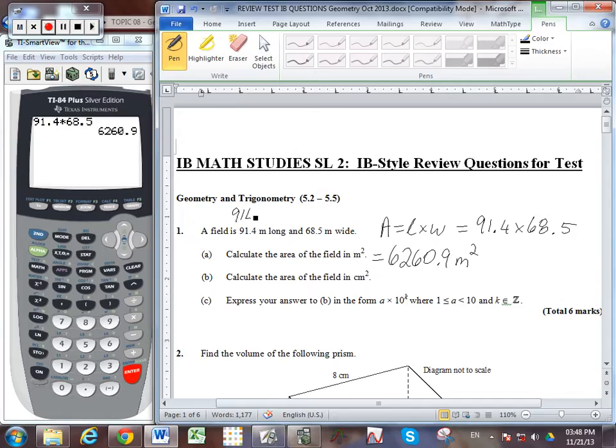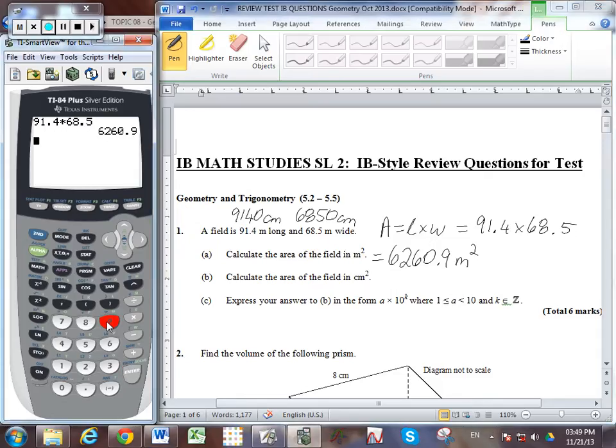This would be 9,140 centimeters. And this would be 6,850 centimeters, because of course we multiply by 100. So that would be one approach, is that we could take 9,140 and multiply it by 6,850, and you'd find the right number of centimeters squared,